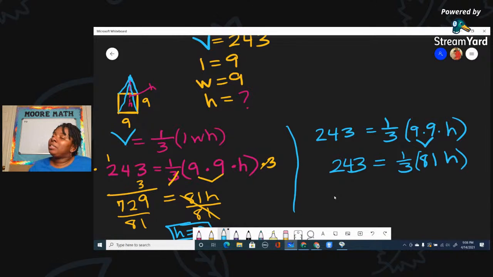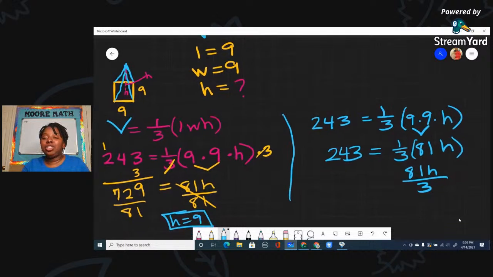So 81 divided by 3 is 27. So you had 27h